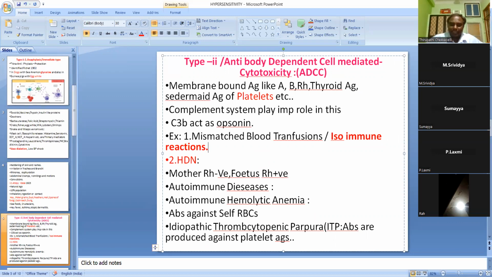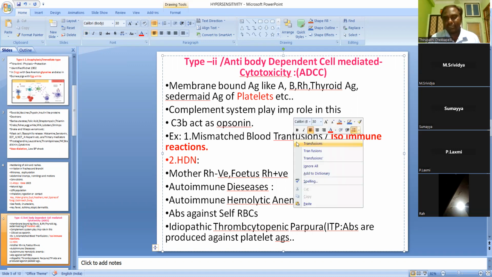A person may have antigen A, and another person may have antigen B. If the recipient's blood contains antigen A, then antibodies against B antigen are present in his serum. So if B blood group is transfused to a person with A blood group, the antibodies already present in the recipient's serum directly act on the received blood cells.